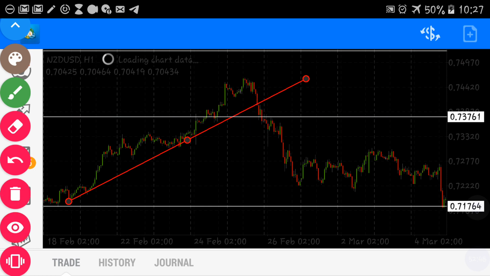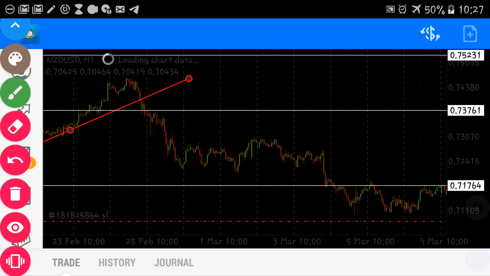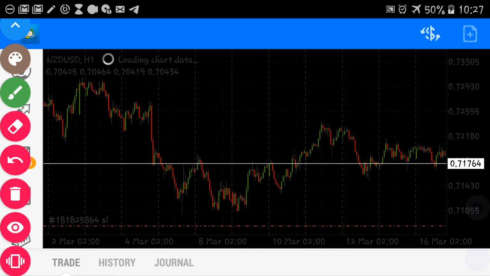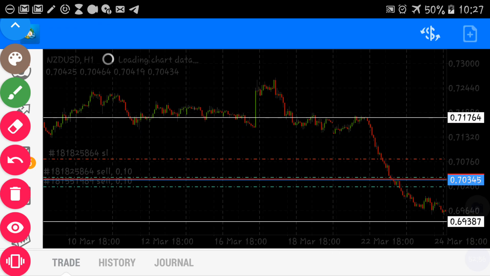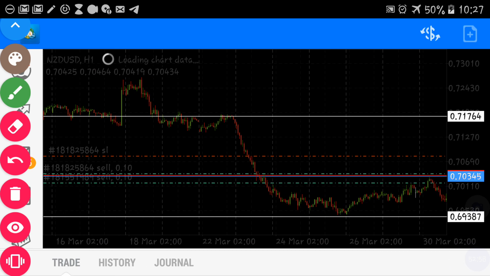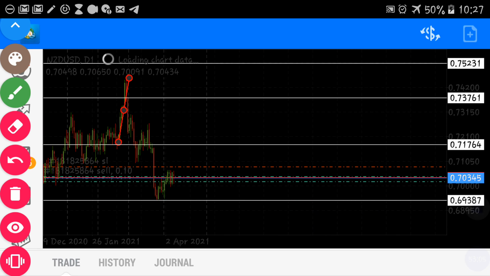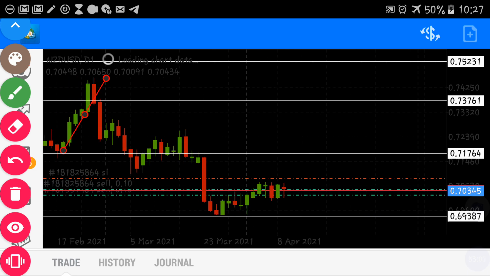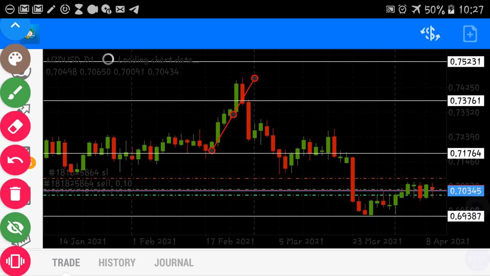So imagine you sold from where I showed you. Now look at this trend. It kept going down, like it kept traveling down and down and down. Let me show you. This is the daily chart. This is where we entered that market. It was on a strong resistance level